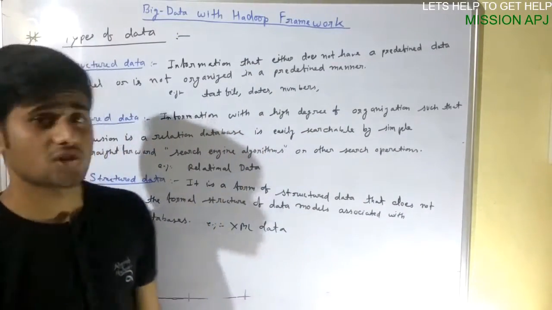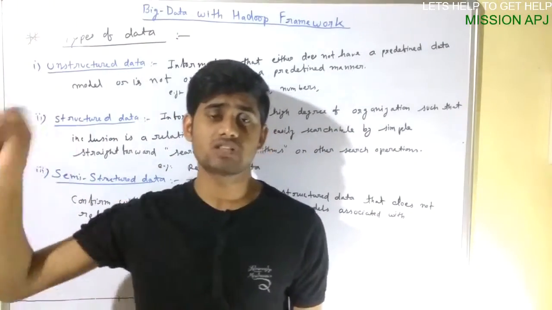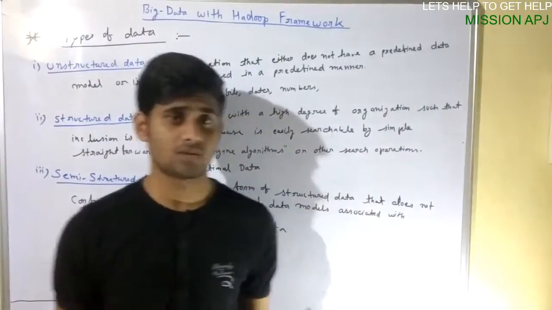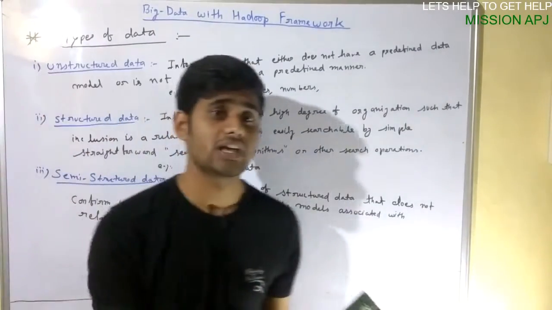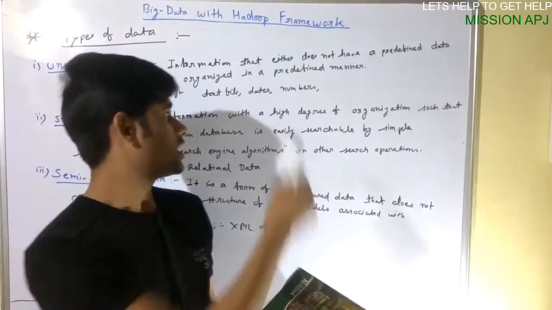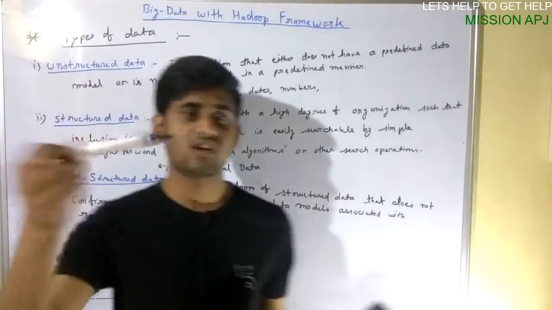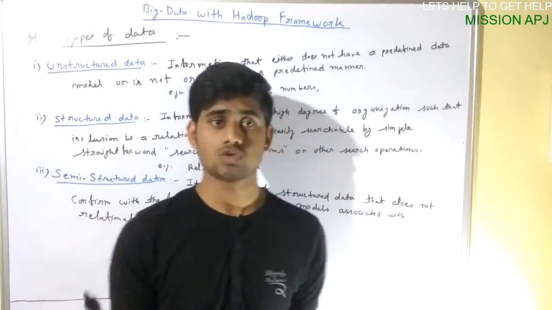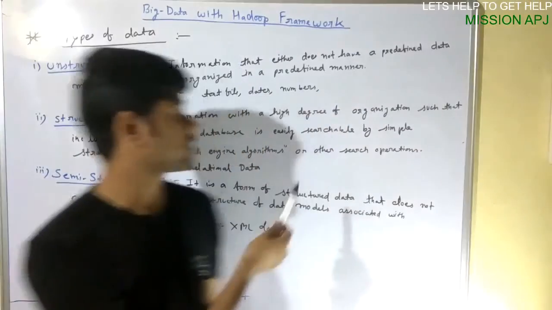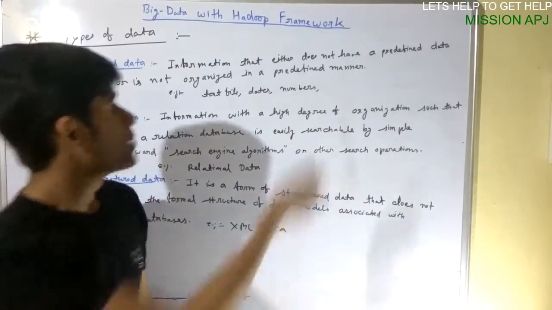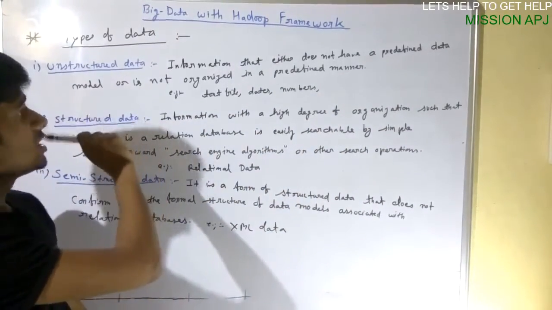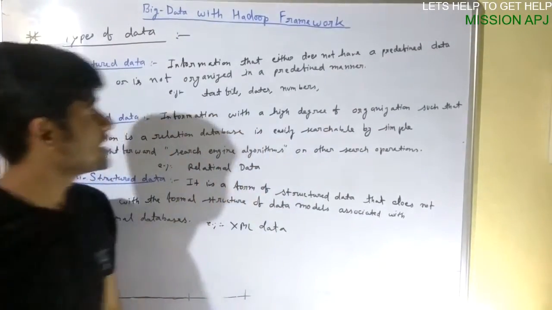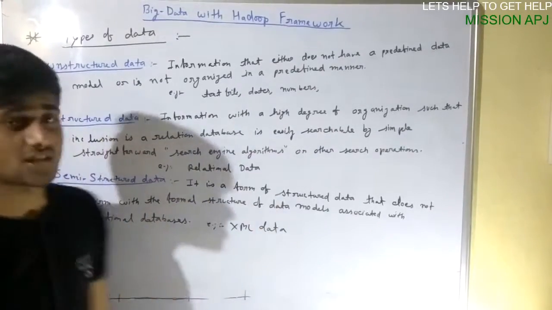Now dates are also the same, just written as 22/7/2000 something. That date is not giving us any information, because we have not stored that date with some key value. Now numbers, just random numbers we put in, we don't know what the number is about, so we need to classify those numbers also. If it is not classified, then it is also unstructured data. So data that does not have a predefined data model, like text files, dates and numbers, we call unstructured data.